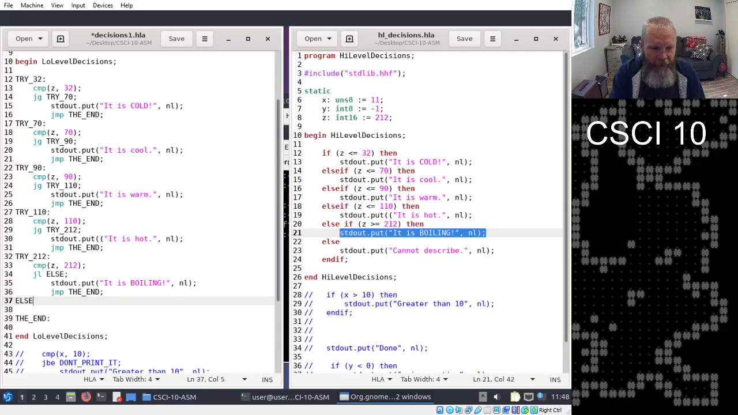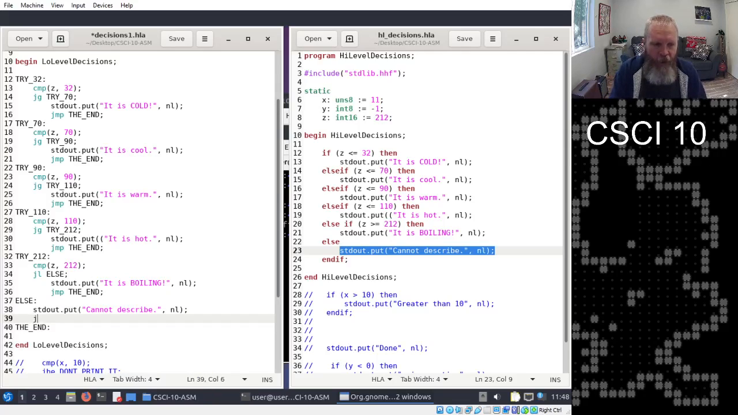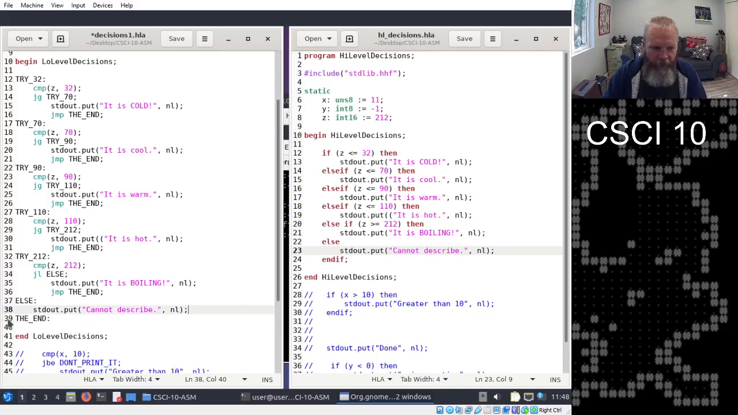And then I have my else part, where I have cannot describe. There's no harm in putting a jump here, by the way, but you don't need it on the last one because that's where it was going to flow to anyway. So you can get rid of the jump on the last section because you were going to end up there anyway. So there's that whole tree set up